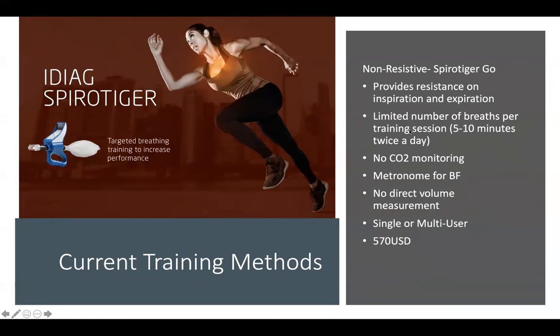There's no limit on breathing sessions, I apologize for that, I need to fix that slide. You can train inspiration and expiration without resistance. And some of my guys will be working 30, 60 minutes at a time, depending on the training program itself. So again, with this one there's no resistance on the inside. It's just strictly volume and cadence of your breathing,